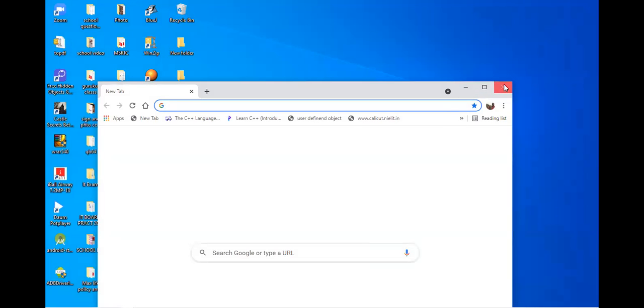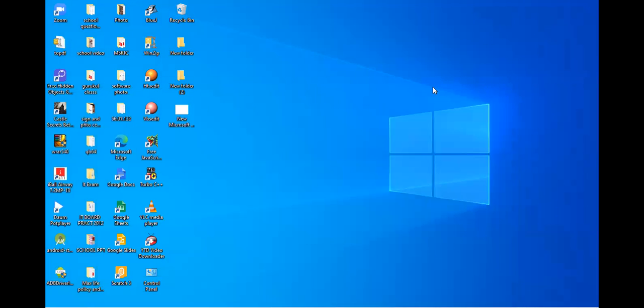That means your command is processing. When you double click on that media, you can see this blue circle is moving. This moving blue circle is called processing. That means the operating system is processing your media player. And now the media player is open. This is called an output.